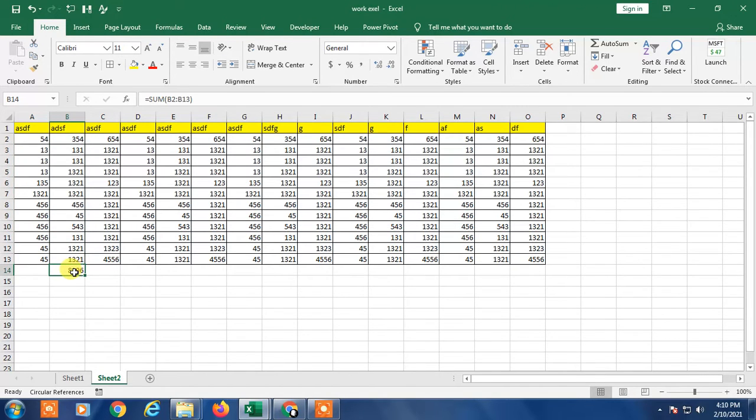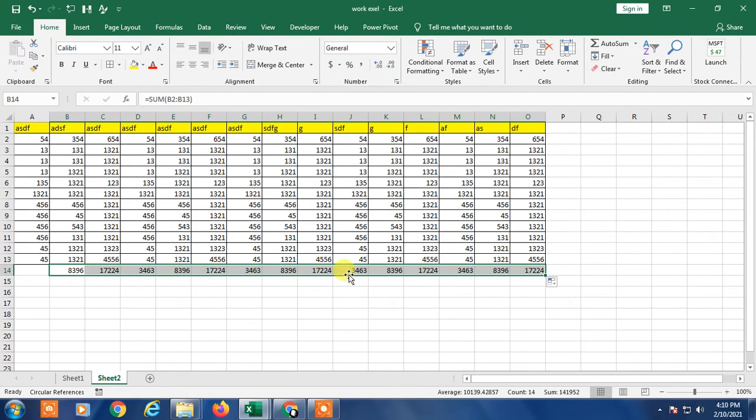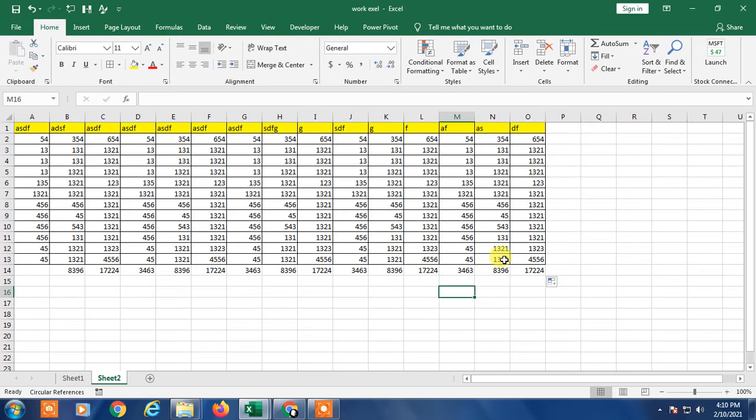And if you want to apply this formula to all other cells, you just hold this corner of this cell and hold it with your mouse and just scroll left or right. The formula will be applied to all the rest of the